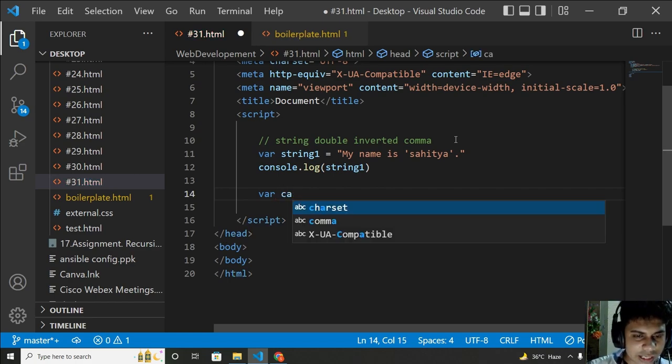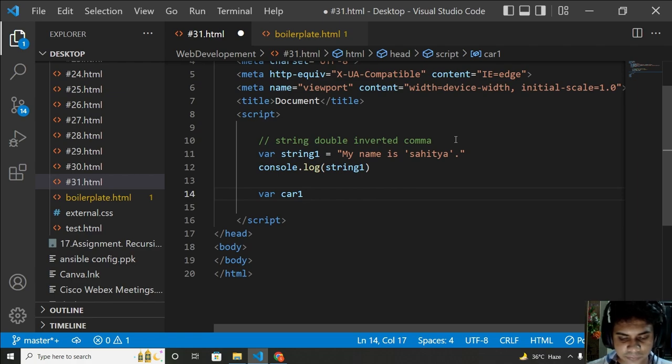I am taking the example of a car because it will be more interesting for you and for me to explain. So I can write like this: this Ferrari is